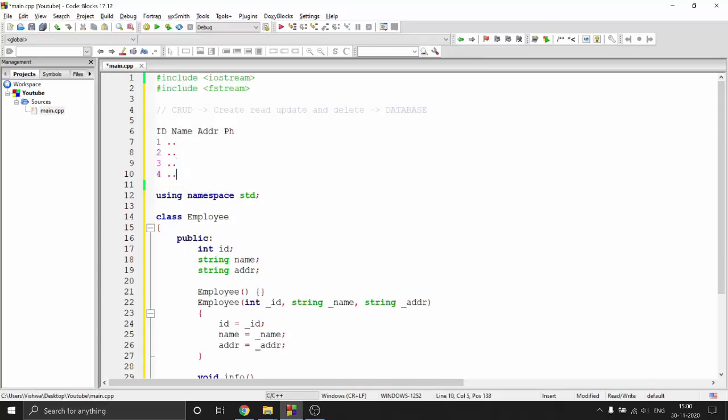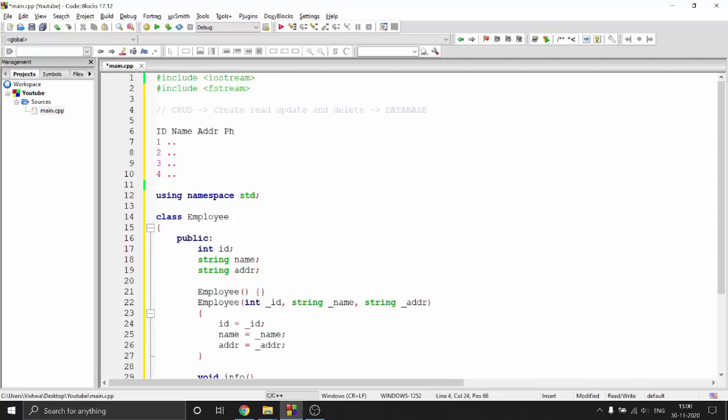And what we're doing in binary files is the same thing. We're just making new employees. Employee 1 is basically all this information, employee 2 is an object, employee 3 is an object which has all this information, and then we're just writing these objects. So you can think of binary files as nothing but a database. If we are making a database, it should be able to do CRUD operations, which is create, read, update, and delete.